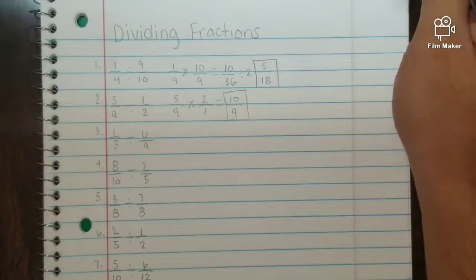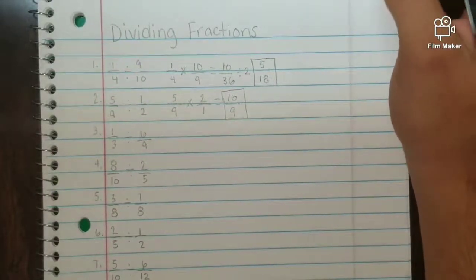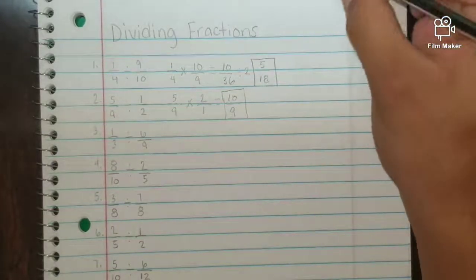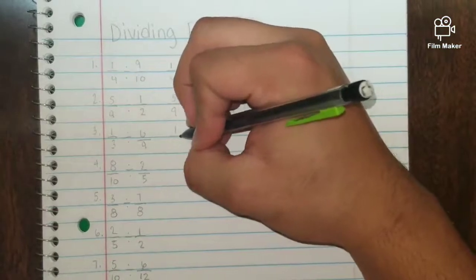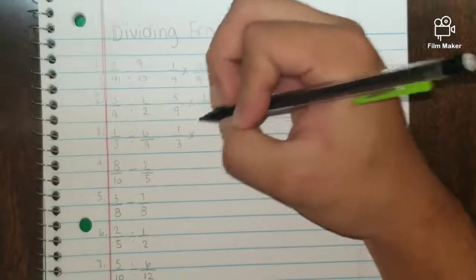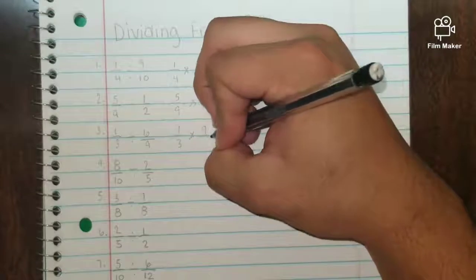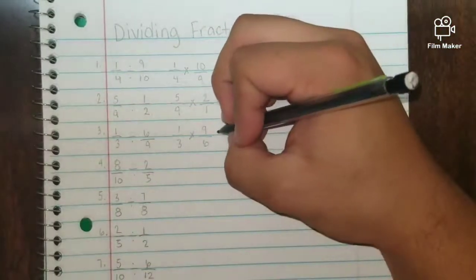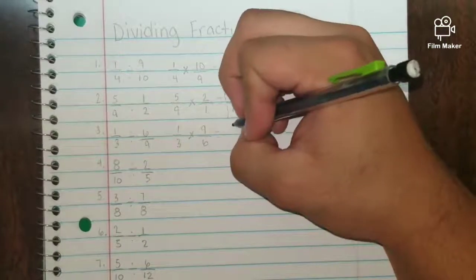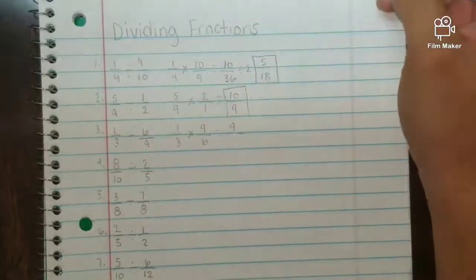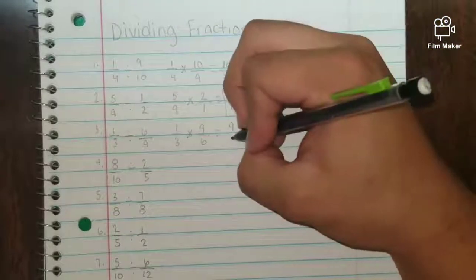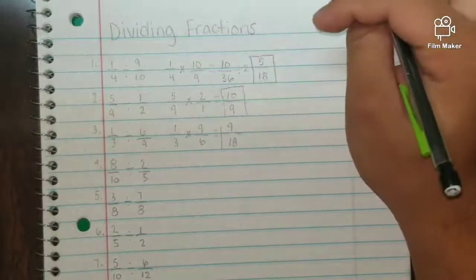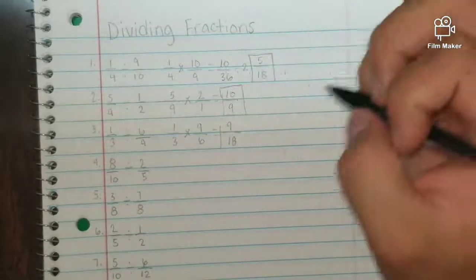For the next one, we have 1 over 3 divided by 6 over 9. So let's rewrite this as a multiplication problem. So 1 over 3 times 9 over 6. And now we just multiply across. 9 times 1 is 9 over 3 times 6 is 18. And that would be, oh, nope, that is not our final answer because we still have to reduce it,